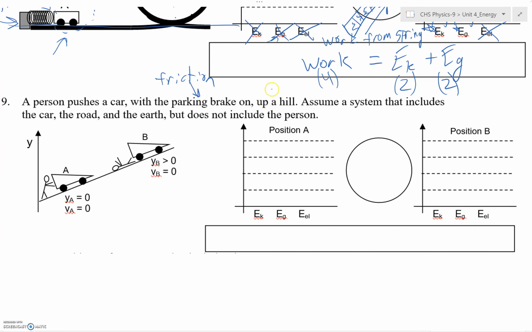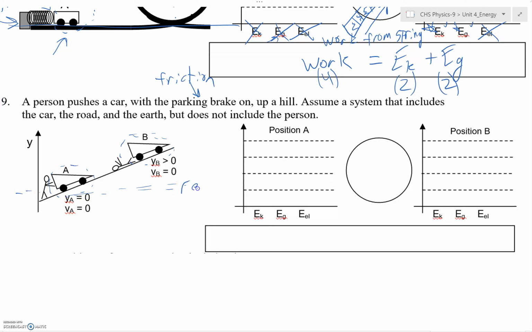Up a hill, assume a system that includes the car, the road, the earth, but not the person. So that's an important thing to talk about. Our system is just the car, not the person. It says YA equals 0, so the position on the y-axis is 0 at the beginning,